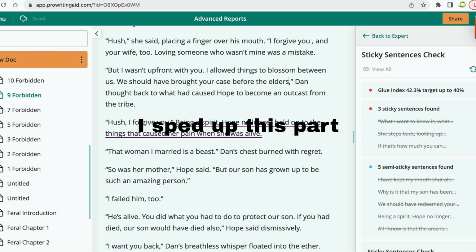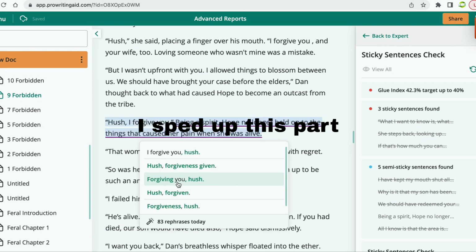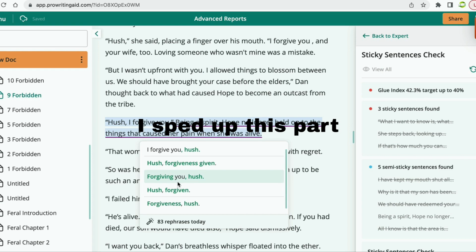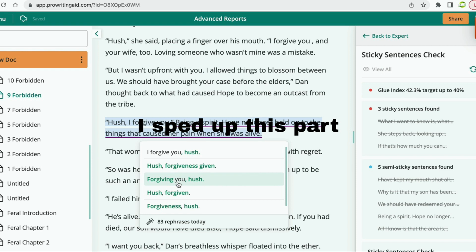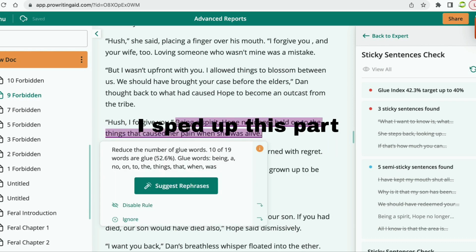Okay, being a spirit, Hope no longer held on to the things that caused her pain. Yeah, there's a shorter way to say this. Let's see who's faster. Oh, dang. Yeah, but that's not exactly how I want to say it. And it just took what I said and flipped it backwards. She's a smart butt. Okay. My thing is, so they're just saying this. No, I reject. Being, okay, because...